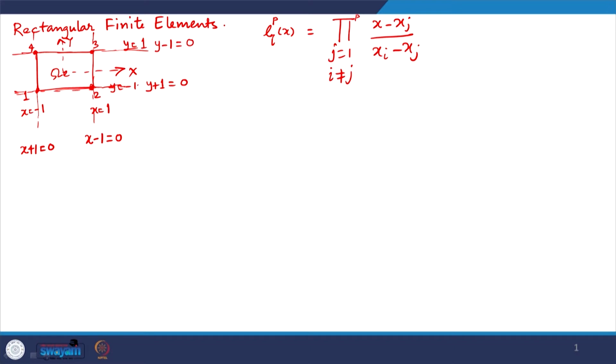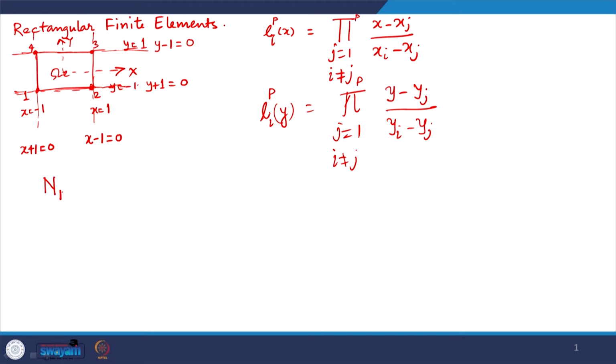So, in case of 2 dimensional elements, all that I need to do is have a similar kind of expression for y. So, product j is equal to 1 and I is not equal to j, y minus y j divided by y I minus y j. So, the interpolation function for node 1, N1 of x y actually,